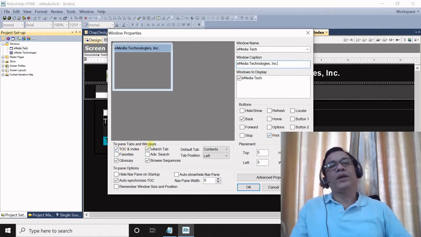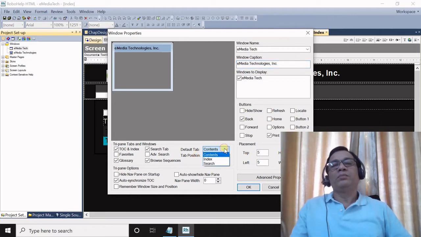Under tri-pane tabs and windows, you have these many options: TOC and index, search tab, favorite, glossary, advanced search, browse sequences, and then default tab and tab position.